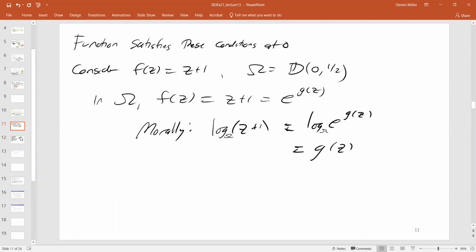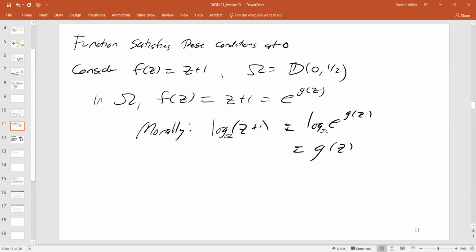We talked about how to construct a logarithm where we include 1, we don't include 0. Come on, it shouldn't really make that much of a difference. I should always be able to just map whatever set I have, map omega to omega tilde, where we've rescaled and translated things so that maybe 1 is in omega tilde and 0 is not. Now I have a logarithm on omega tilde, and then I rewind.